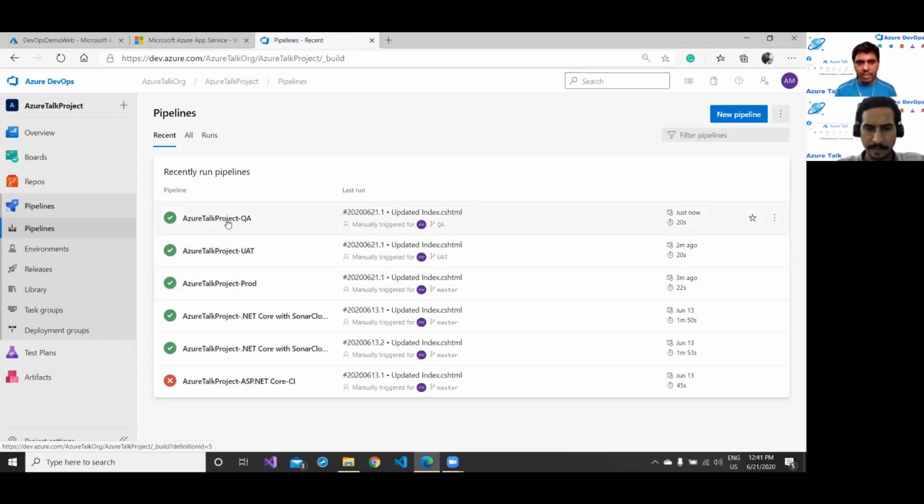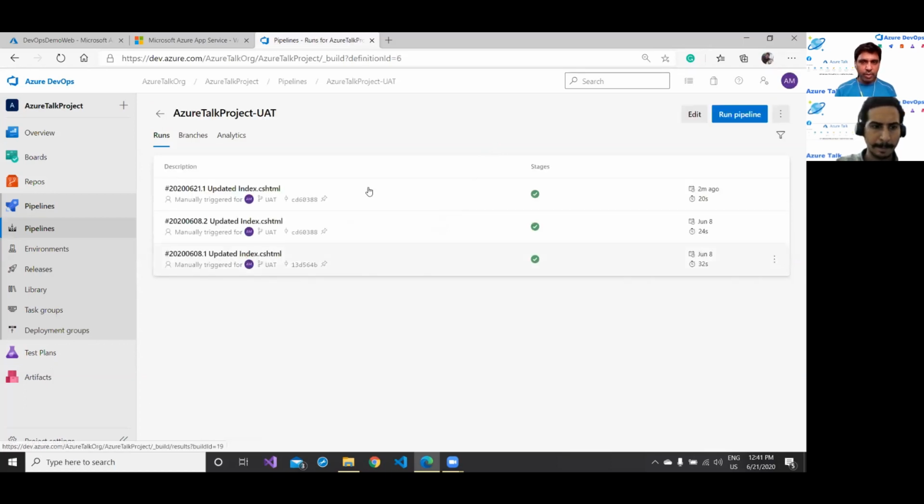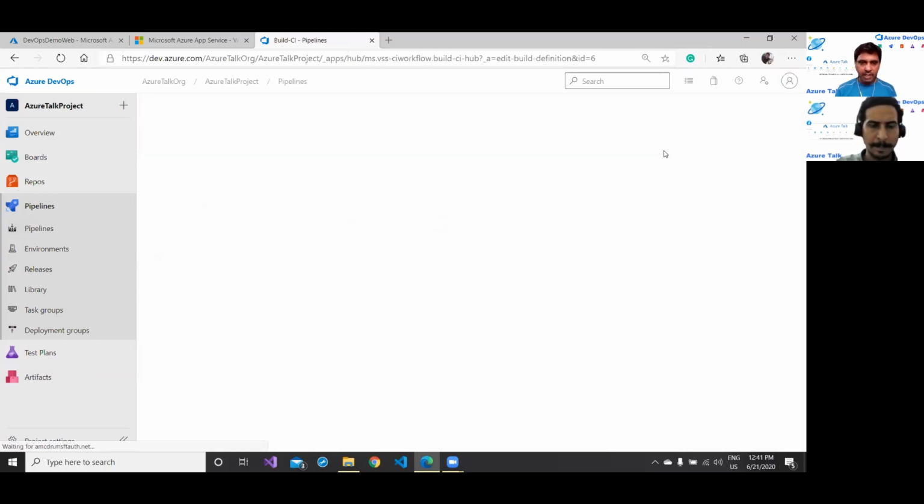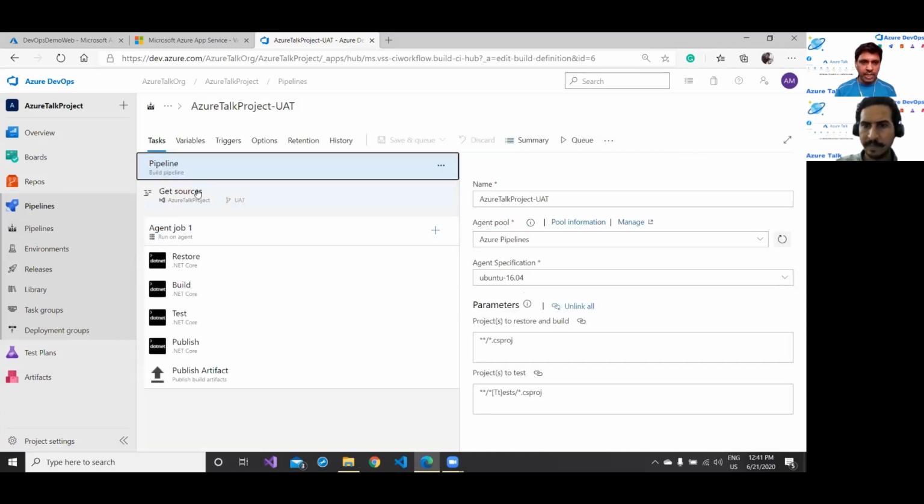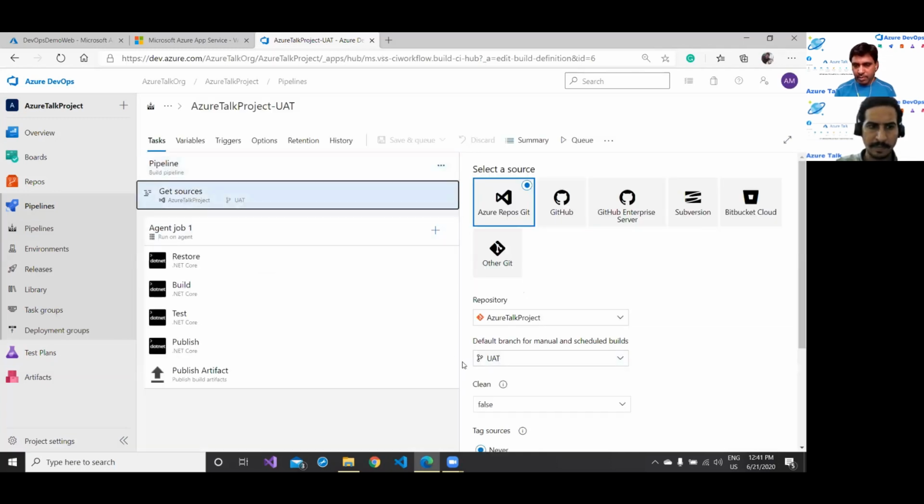As the name suggests, every build is targeting its own respective branch. How can you check it? You can go to any of the builds, edit the pipeline, and go to the Get sources. You will find the branch you are connected with. So in this way, you can check all three.